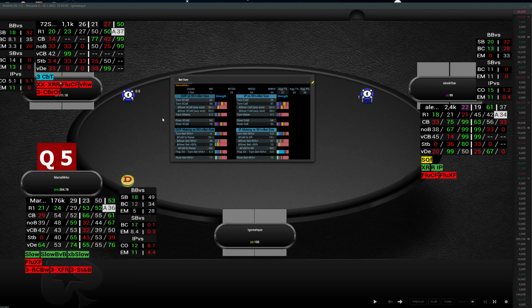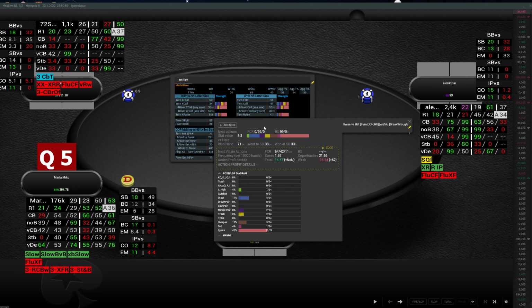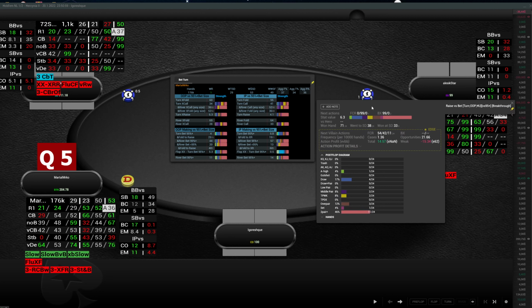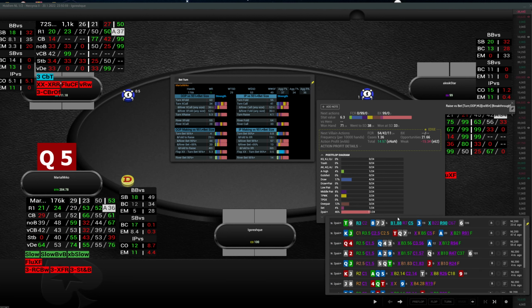We see here a turn check-raise range against an overbet. When we hover it, we want to know, a really important stat here is this. We see that he's turn check-raising against an overbet 6%, but we want to know which type of hands he's using for a raise against an overbet. And if we see here, we see that 46% is two pair plus, and this